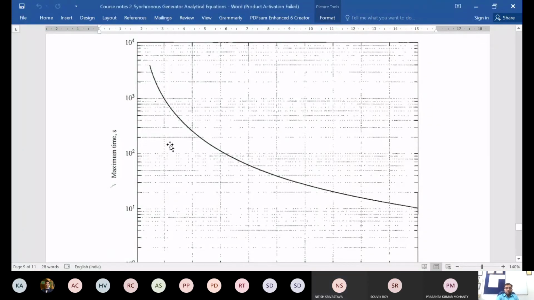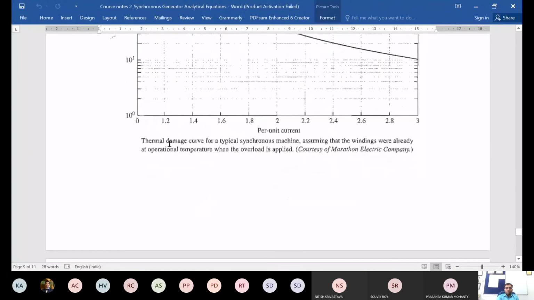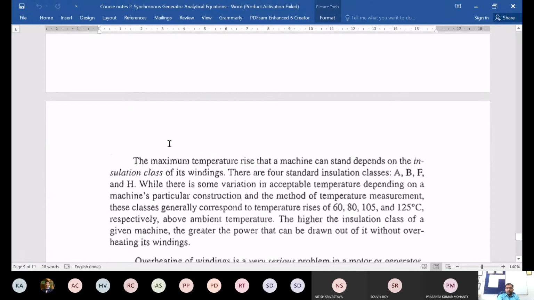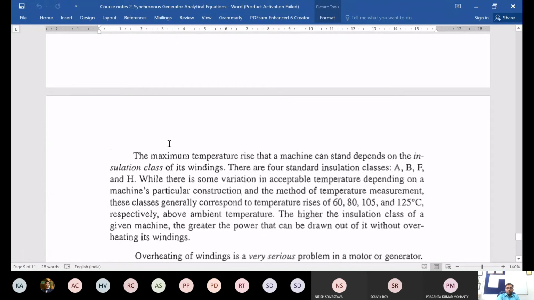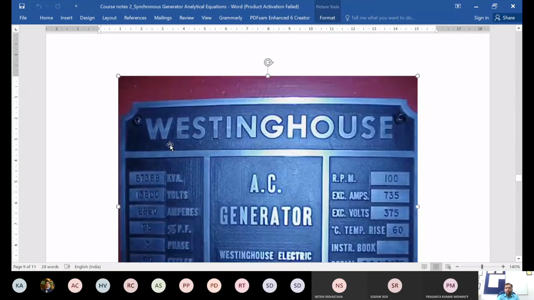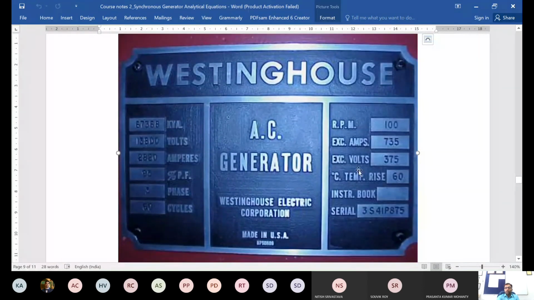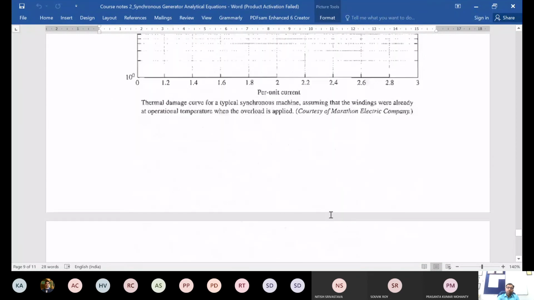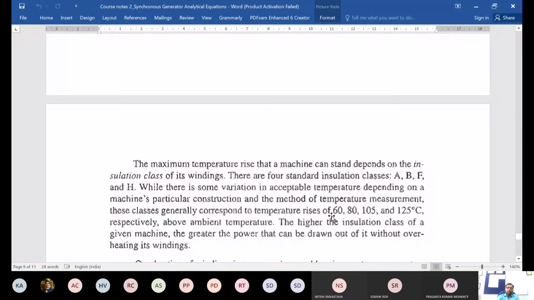So let's now come to the last thing which we wanted to discuss today, regarding the temperature rise. As we looked at this, someone also pointed out during our earlier discussion the degree centigrade temperature rise. So how is this determined, how much temperature rise can the machine tolerate? This basically depends upon the insulation, what type of insulation you are using in the machine. There are some different categories of insulation which are well defined.